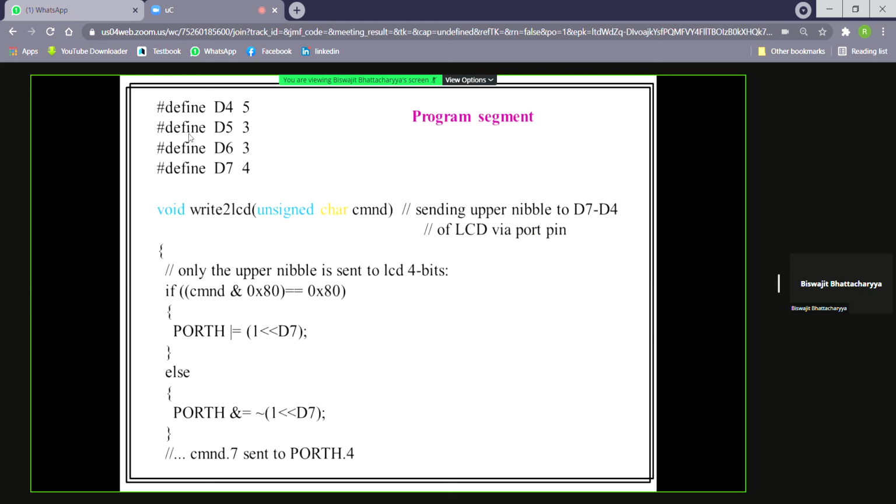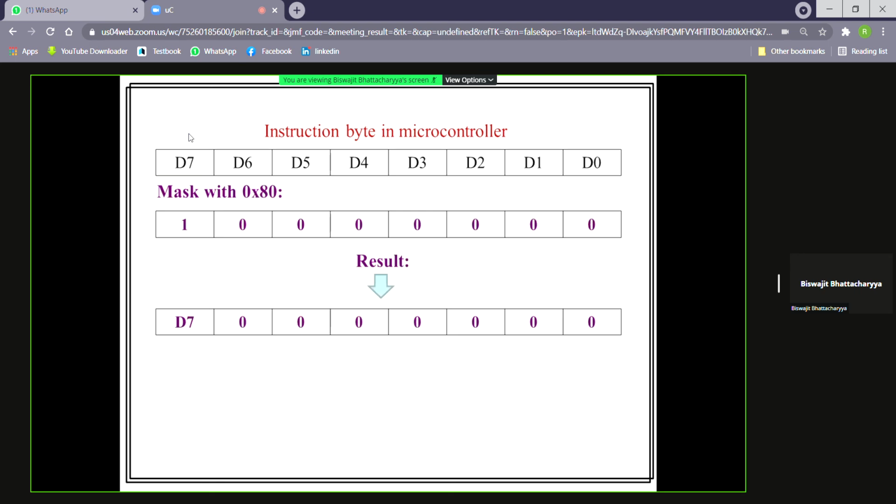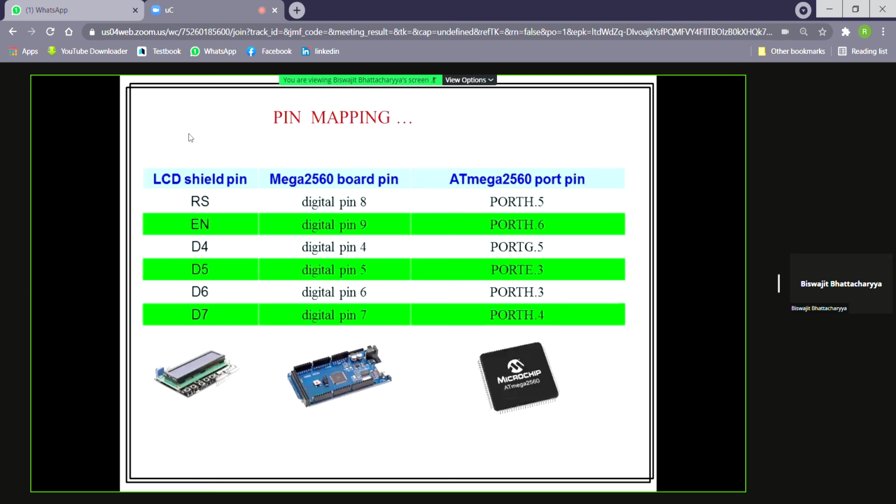Let's see what our program format is. It's not a complete program, just the format. First we'll write D4, D5, D6, D7. 5334, what is this? D4 means digital pin 4 of the Arduino Mega.